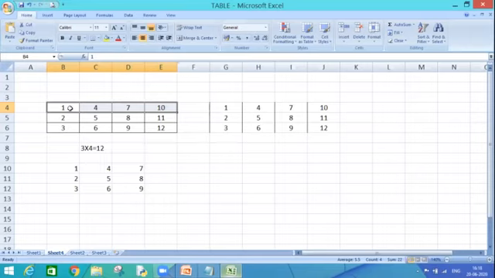Because if I talk about value 1, this is my first row, but this is my B column. Or I can say, according to my MS Excel, this is my 4th row and B column. If I talk about value 4, the row is same, which is 4th, but the column is C. Similarly, for value 7, my row is same, which is 4th, but my column is D. Then if we talk about 10, my column is E, but my row is same.